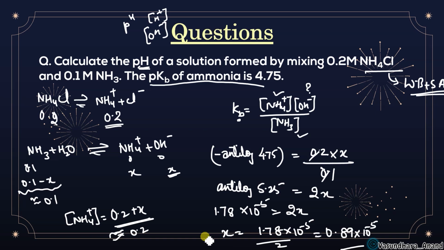Is there any problem? And x is equal to the OH minus concentration. So next you have to find pH. So the H plus concentration is needed. There are again two ways you can do it. Once this is the OH minus concentration, we know that H plus concentration and OH minus concentration is equal to 10 to the power minus 14. So from here you can find the H plus concentration and then the pH, or find the pOH and then subtract it from 14.